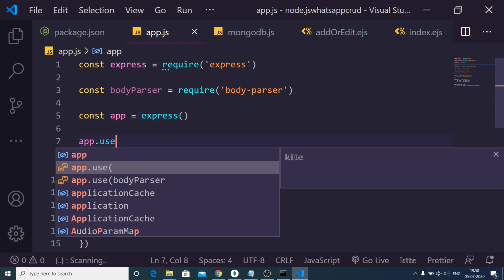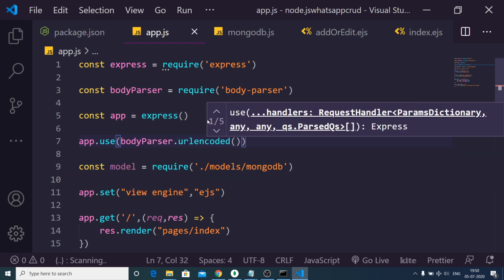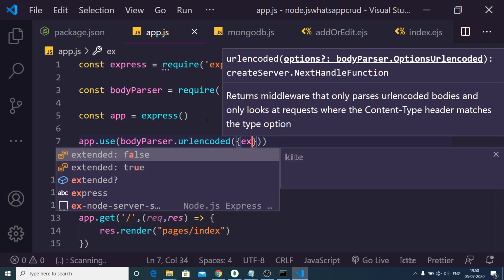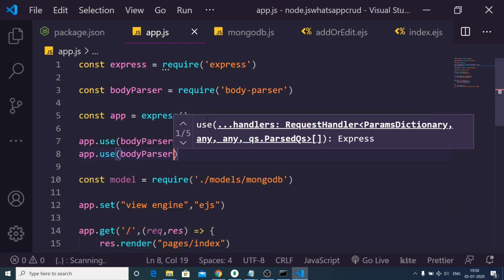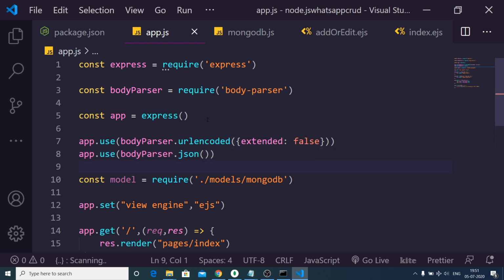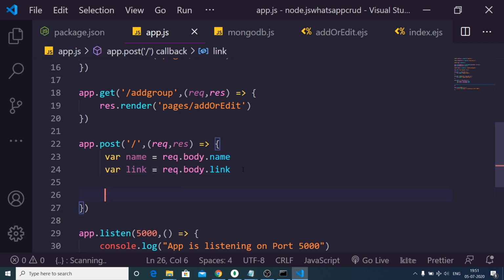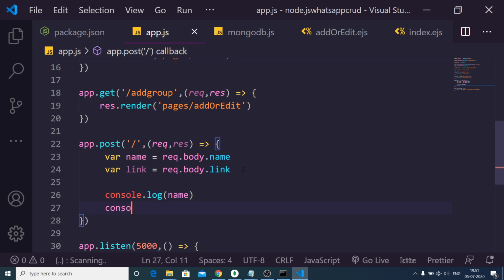It is pretty easy. app.use bodyParser.urlencoded, and in the first argument you need to pass extended false, and also you need to add a second middleware, which is bodyParser.json, like this. After initializing it, let me just console log the name and the link on the screen.